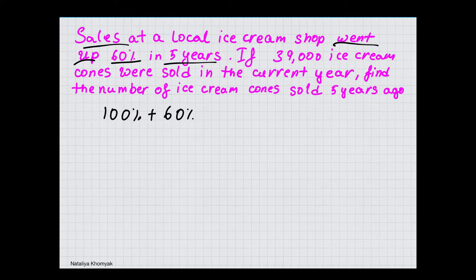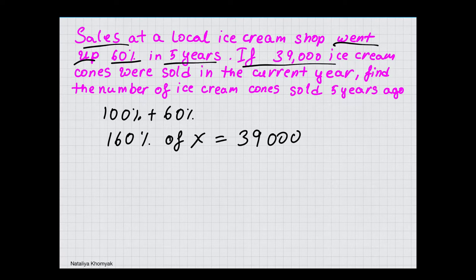So 5 years later, they are selling 160% of the original amount that we don't know, which is X. And this totals 39,000 ice cream cones. So let's find the original amount. First thing we want to change is 160% into decimals by dividing by 100%. The zeros cancel, so we have